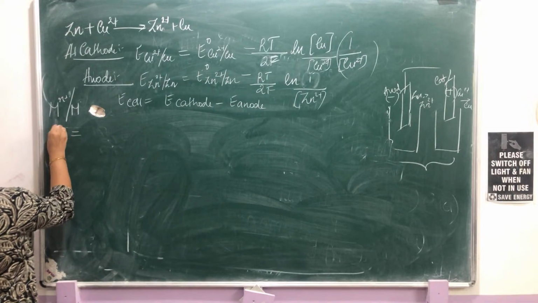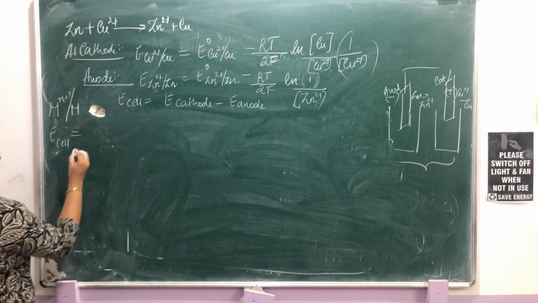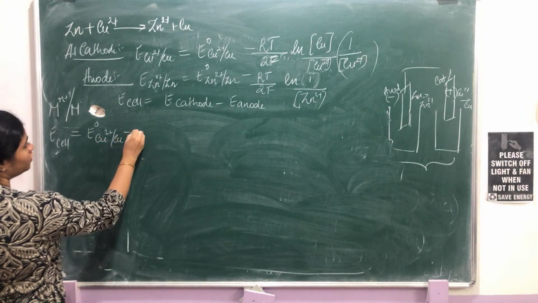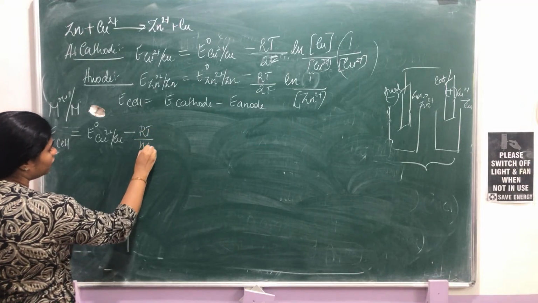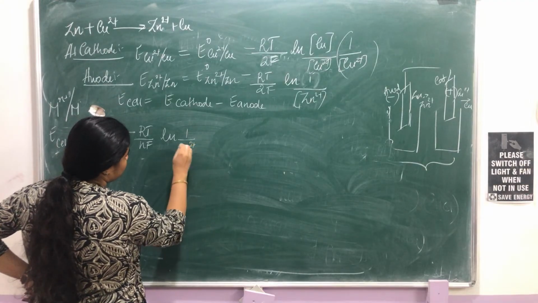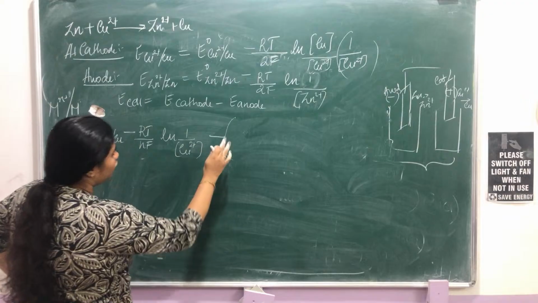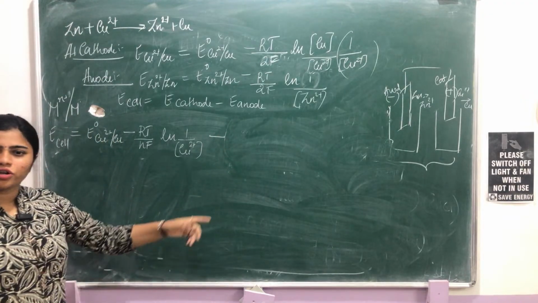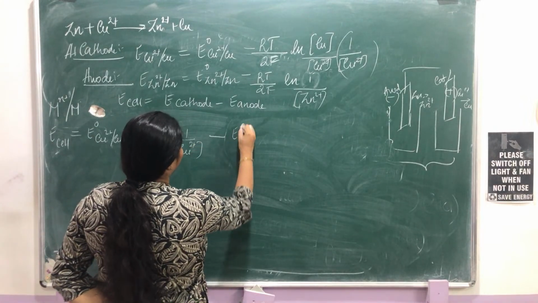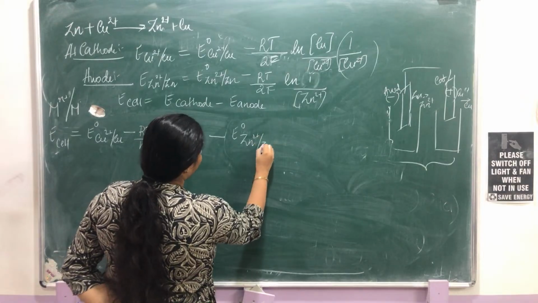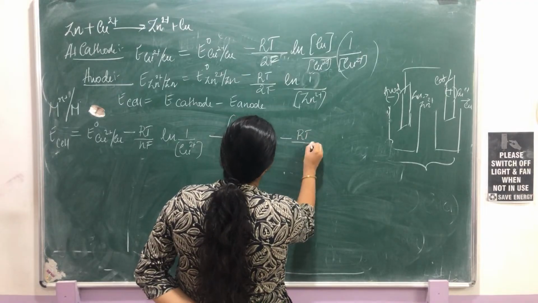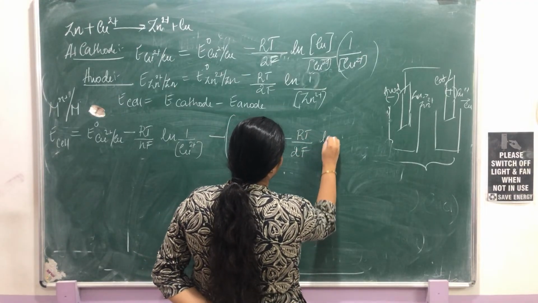So it will become E cell is equal to E naught Cu2+ bar Cu minus RT by nF ln 1 by Cu2+ minus, you can open the bracket. Should I open and close, or you know how it is done? Okay, right, I'll teach. E naught Zn2+ bar Zn minus RT by 2F ln